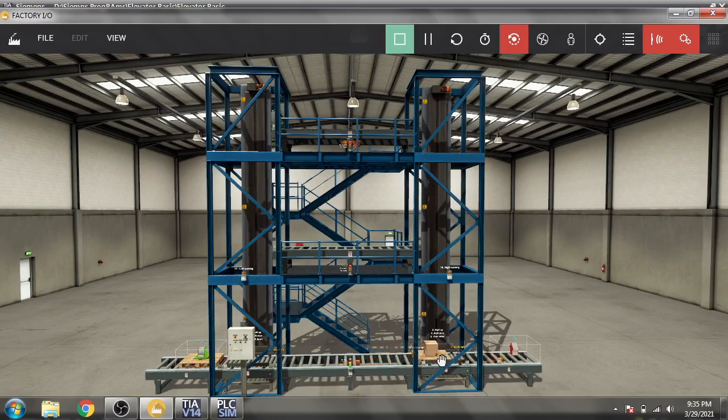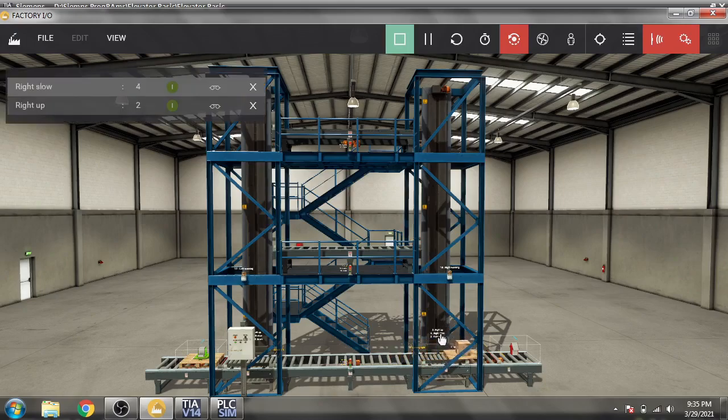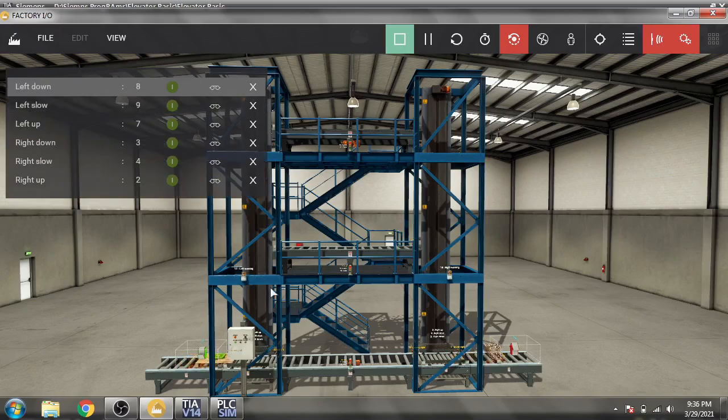You will see that there is our left up, left down, right up, right down. You will also see that, and we also have there left up, left down, right up, right down. So you will see that on my screen, left up, left down. So you will see left up. When it reaches that sensor, you will see it will close there. The same circle is now being closed.